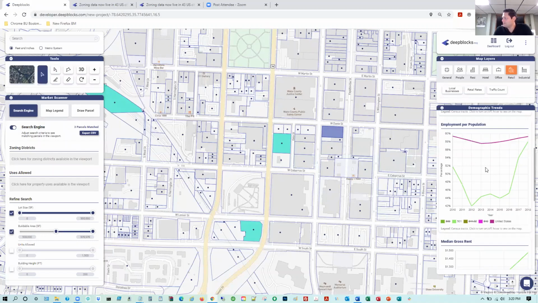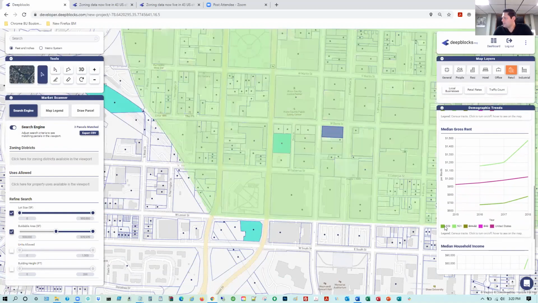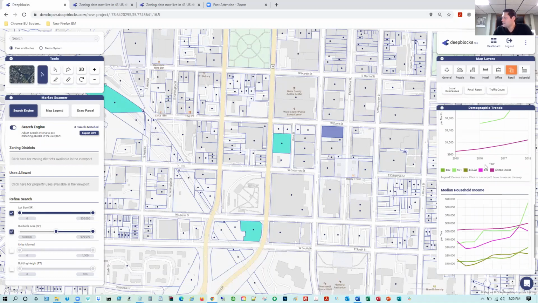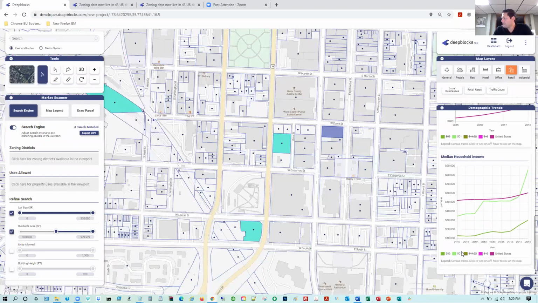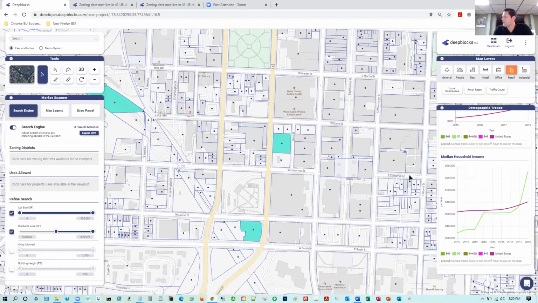So another good sign. And let's see, this is for median gross rent. Again, another strong incline for median gross rent in that census tract of 501. And lastly, that median household income is also on an incline. So 501 is looking real strong. Again, this particular parcel resides in that 501 census tract. As you can see, when I highlight 501, that shaded lime green comes over that particular parcel.